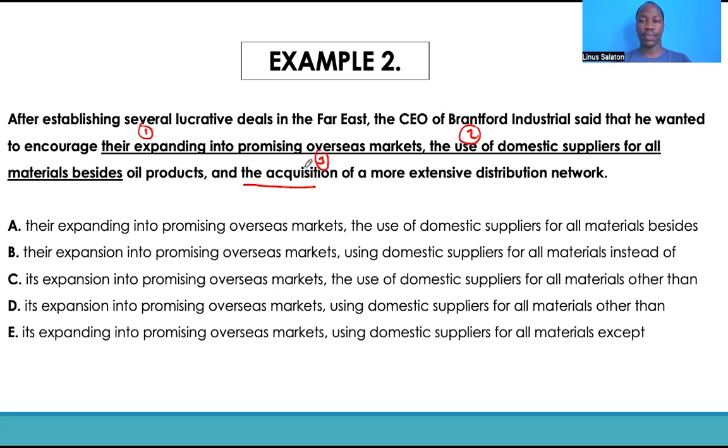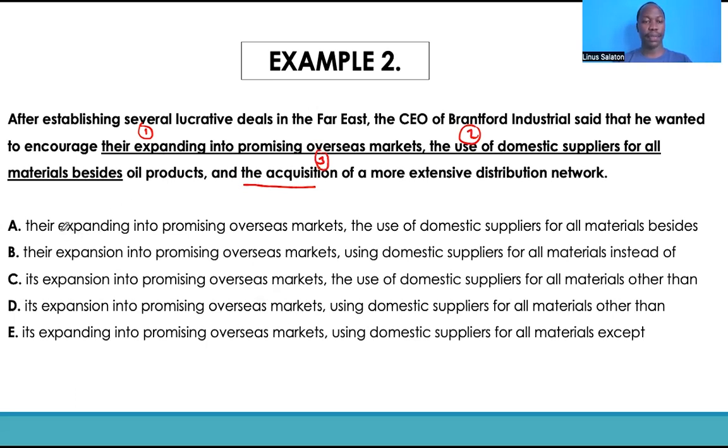So from your knowledge of parallelism, you should know that the different segments should be constructed in the same grammatical way. So anything that ignores or breaks that rule would be incorrect. Furthermore, we can also tell the use of possessive plus the gerund form of expand, the expanding, okay? So we really have to examine our answer choices to look for one that conveys correct meaning, as well as follows correct construction in parallel form, as well as see, from the lessons on gerunds and how they are used in sentence structures, if this construction is actually correct, okay?